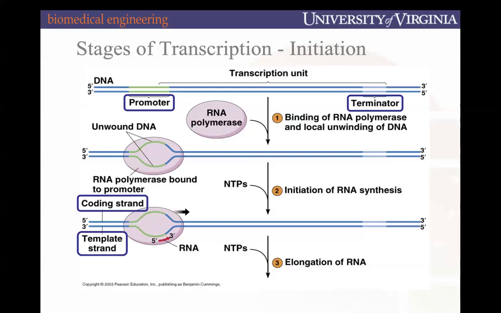And the way in which it's going to be synthesized is that when the DNA is unwound, we have two strands here. One strand is going to be the template strand. Similar to replication, there's going to be one strand from which a new strand will be synthesized. The difference here is that it's going to be an RNA strand, an mRNA strand, that is complementary and anti-parallel